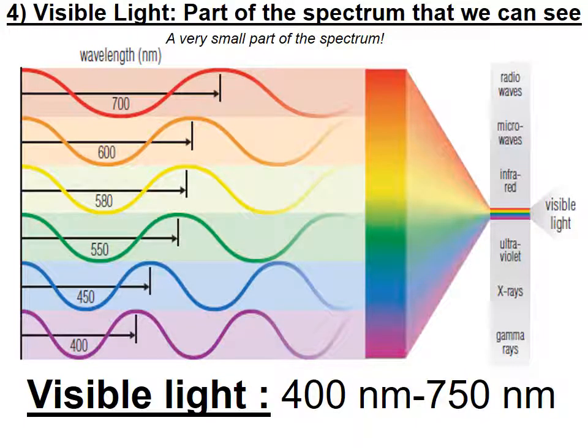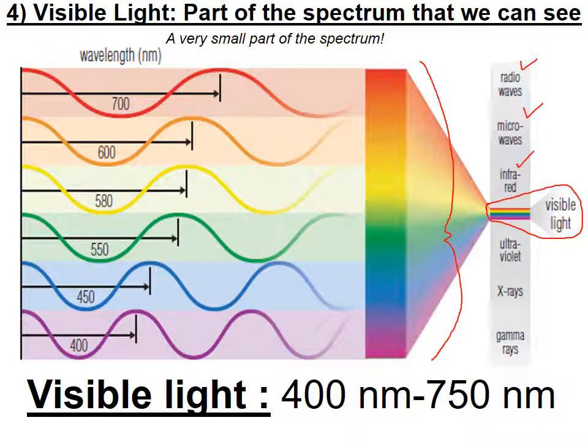Now we get to visible light. Visible light, like I said, is the part of the spectrum that we can actually detect with our eyes. So far we've studied radio waves, microwaves, infrared, which are all invisible. And now we get to this part called the visible spectrum. And as you can see, the visible spectrum is actually made up of all these different colors over here, Roy G. Biv,